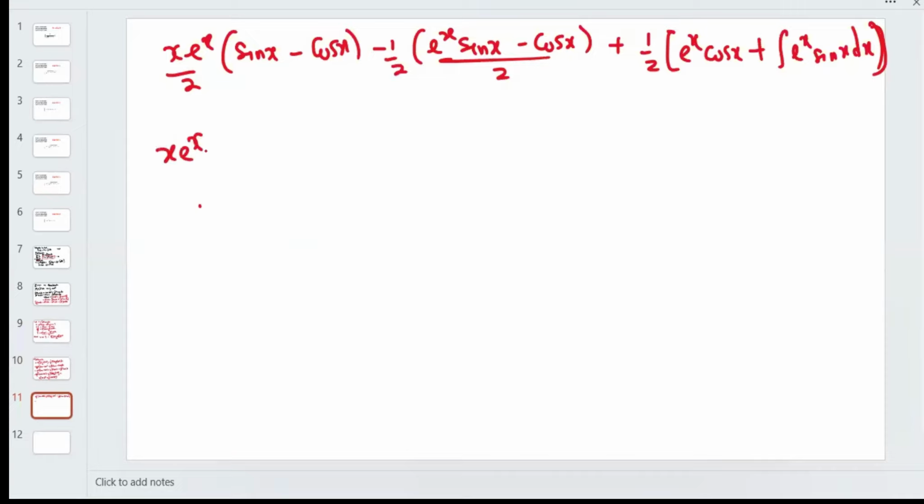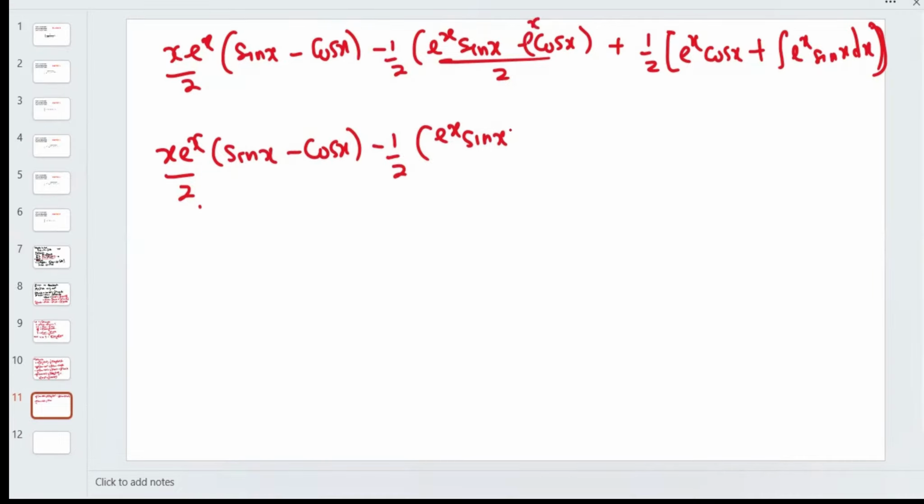So this will be x exponential x over 2 sine x minus cos x minus 1 over 2 exponential x sine x, right? Don't forget this guy, minus exponential x cos x over 2 plus, this will now be half exponential x cos x